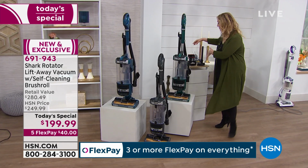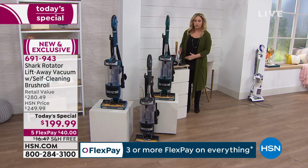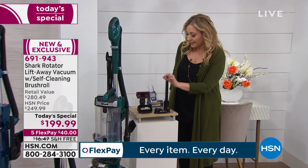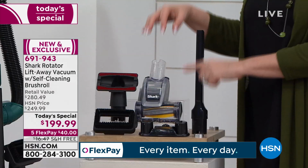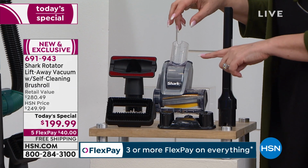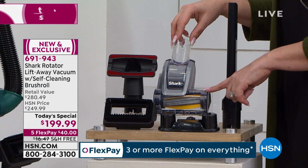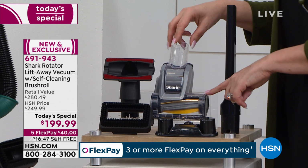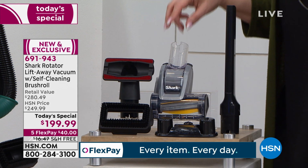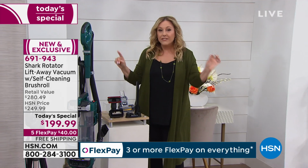Here's the big deal. Come back with me because I want to show you the tools that are included. Now, we all need a crevice tool. That is included. We all need a tool for the upholstery. That is included. The regular tools are included. Here's the big deal. This is the Turbo Pet Tool. That is $49.99 by itself. So you not only get $80 off of retail, we are also including a $49.99 pet tool. This will get those short hairs, those long hairs of your pets,